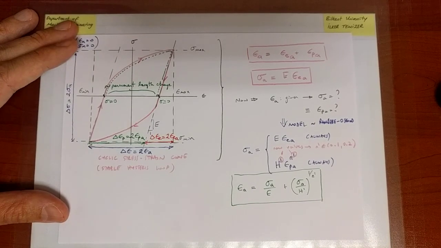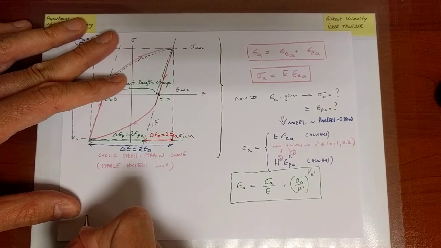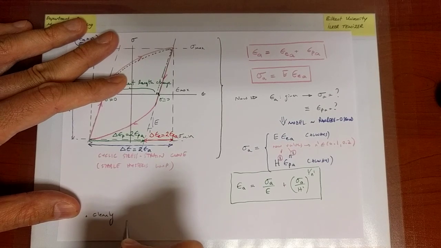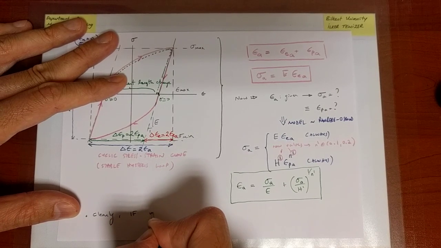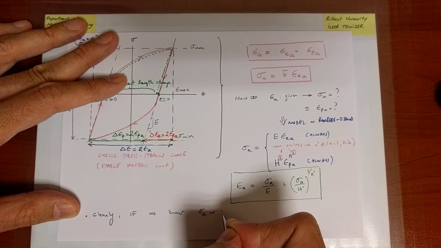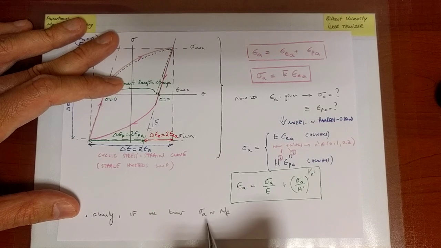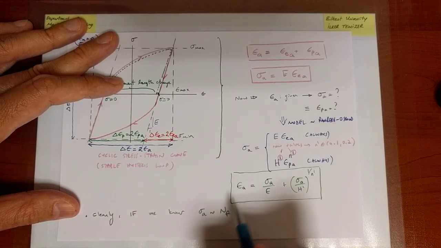Okay, so why have we done all of this? The reason we've done all of this is that what we're trying to do is to make a relation between strain amplitude and number of cycles to failure. Earlier, we followed a stress-based approach. And in the stress-based approach, conceptually, we know the value of the stress amplitude, and if we have a good relation to the number of cycles to failure, which we do through the Basquin-Coffin equation in the case of high cycle fatigue, then notice that